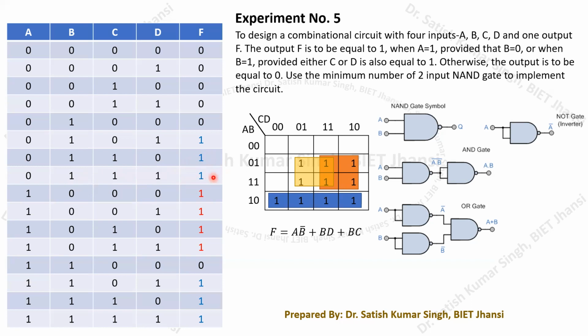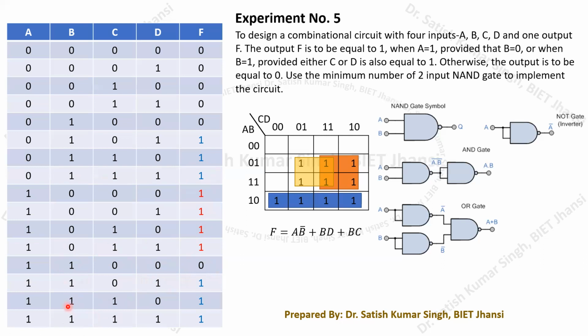If it is specifically mentioned that only one of them should be equal to 1, then we have to mark our output F accordingly. Because this condition is fulfilled, as B and C are equal to 1, we are marking it equal to 1. Similarly, here you can see that in this particular row B is equal to 1, and again C and D are equal to 0, so we are just keeping it as 0. And then when B equals to 1 and D is equal to 1, we are just marking it equal to 1.